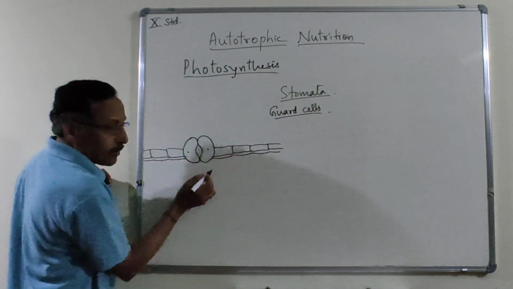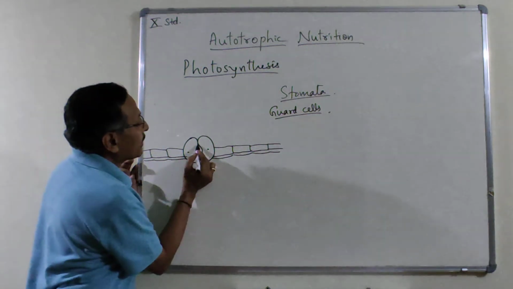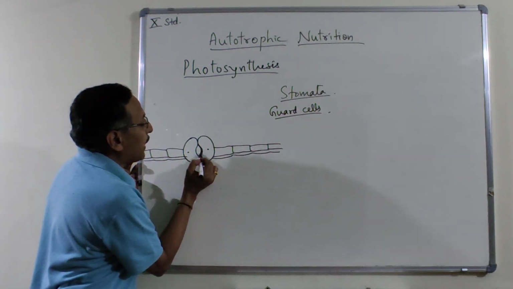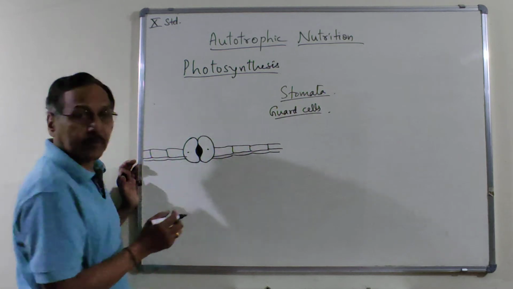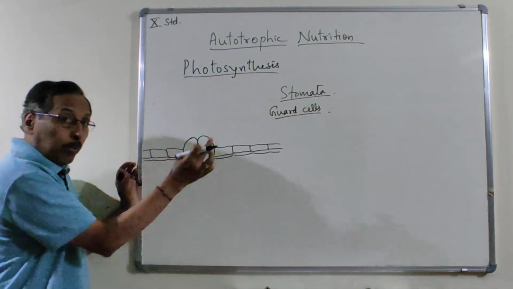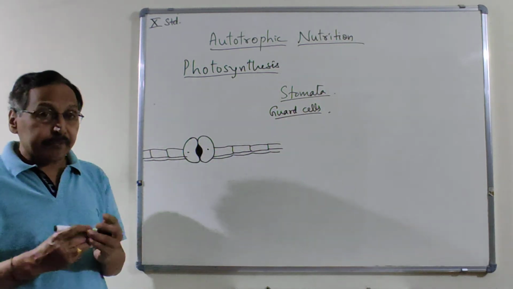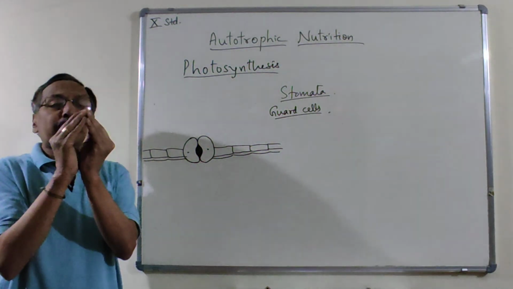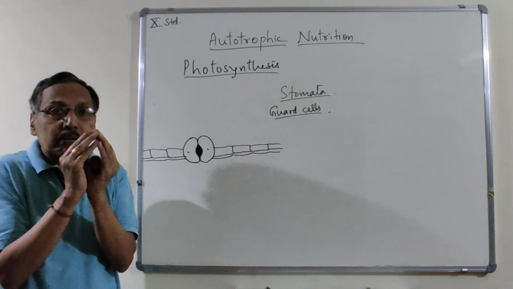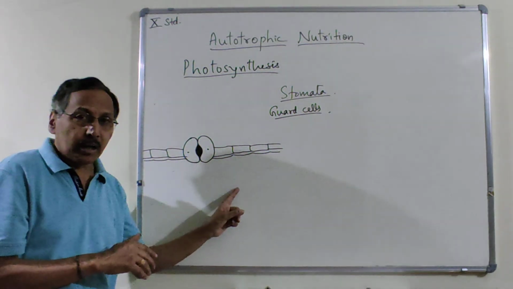The upper side, the outer side of these guard cells is thin, and the inner membrane is thick. So when they absorb water, they will increase in convexity, or you can say they will become bulged. When they become bulged, the opening, which is called stoma, becomes wider, and through that stoma, carbon